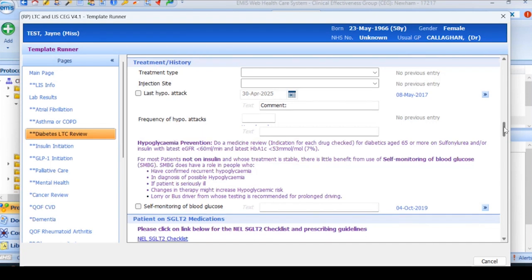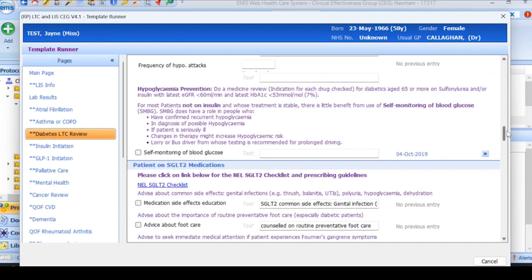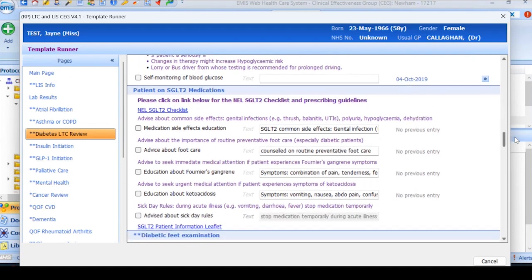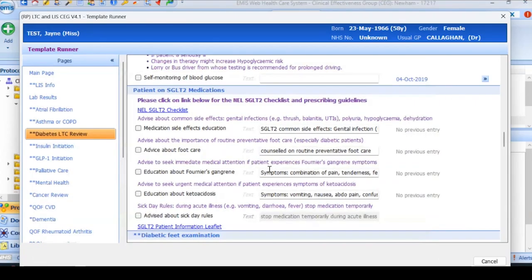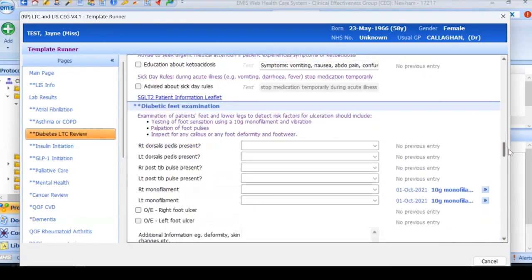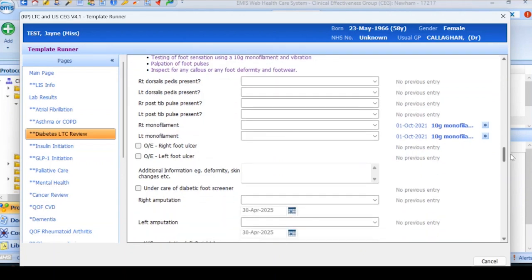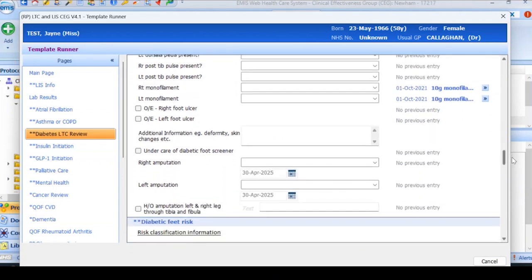More QOF information there for you. You've got your patients on the SGLT2 medications in here. And you'll notice you do see blue highlighted wording here, and this is a hyperlink. So if you click on this, it's going to take you to the internet, to the relevant page that you need. So it's trying to make everything easier for you. All of the information is all in one place rather than clicking out and trying to find the information yourself. You've got your diabetic foot exam, which is required for your 8 care processes on your LIS,